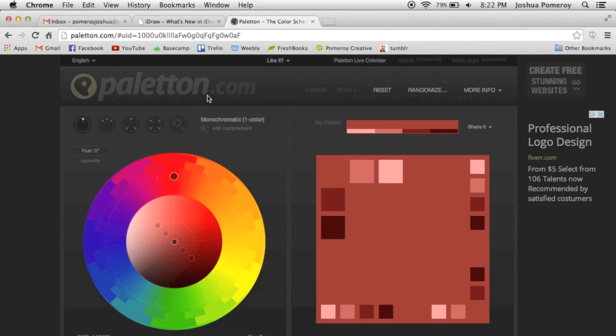It's Paletton, I think. Paletton, however you pronounce that. I'll put a link in the description for you. But this is a great way of creating color schemes, palettes for your designs, and I can do adjacent colors, which would be an analogous color scheme,